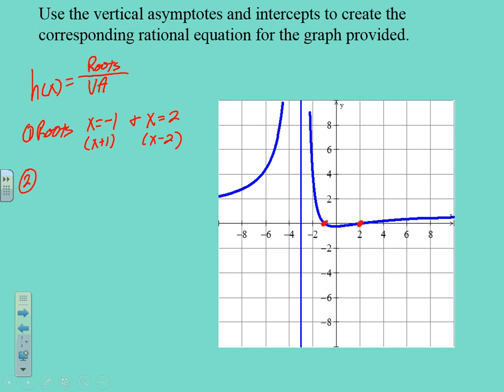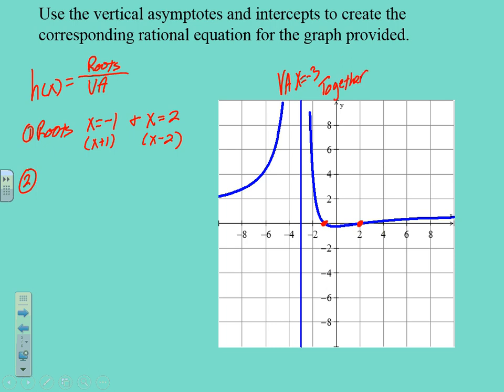So now let's look at my vertical asymptote. The vertical blue line that you see here is my vertical asymptote at x is equal to -3. Looking at the graph itself, the left side and the right side, as they come towards the vertical asymptote, they both go up. So that tells me that the left side of the graph and the right side of the graph come together